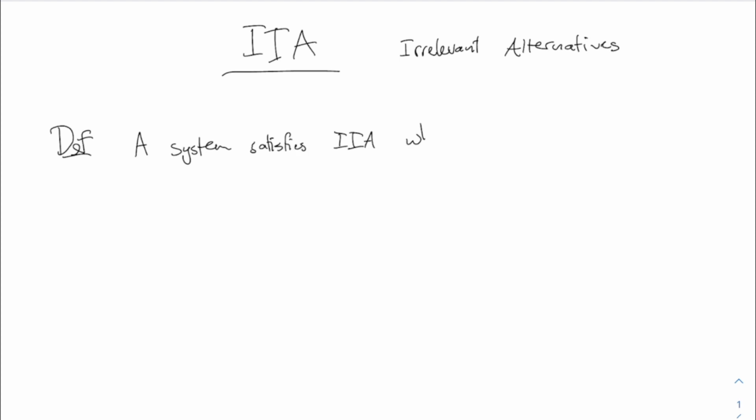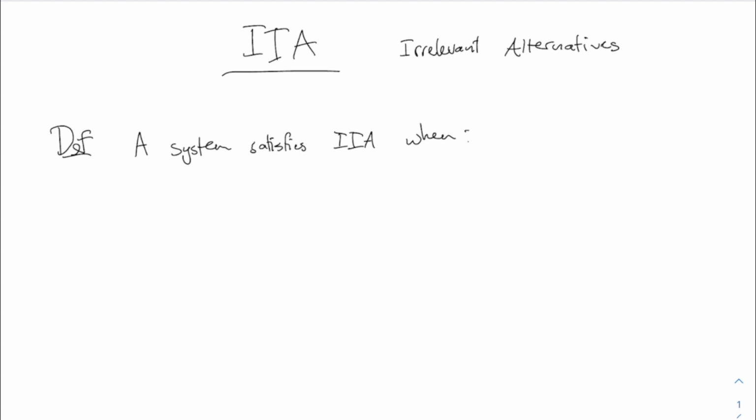IIA stands for Independence from Irrelevant Alternatives. This is all about irrelevant alternatives. And the point of the IIA is it says that if people make irrelevant changes on their ballots, then it shouldn't change the results of the election. So I will write the definition again here. So a system satisfies IIA when